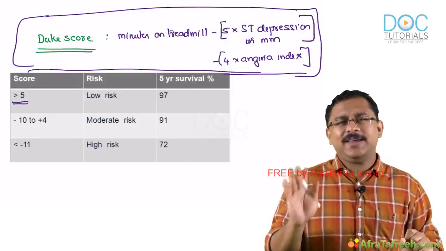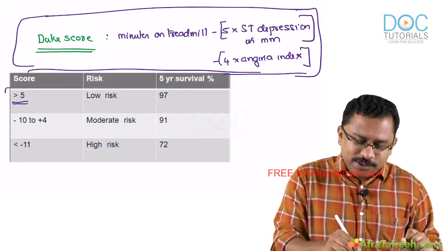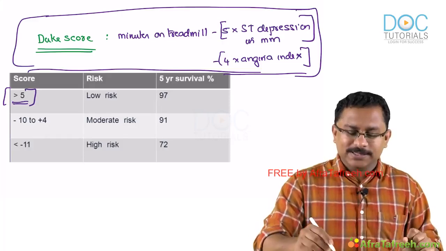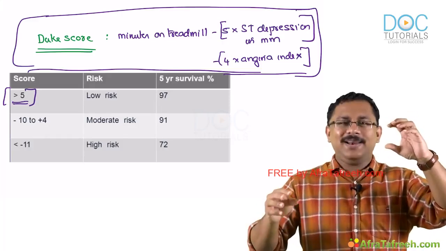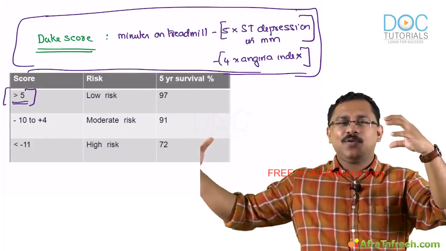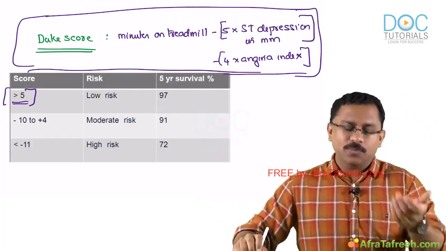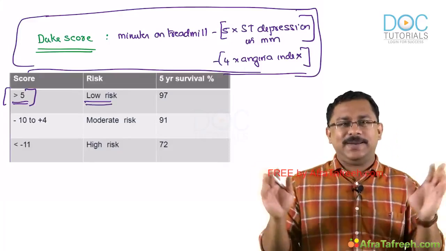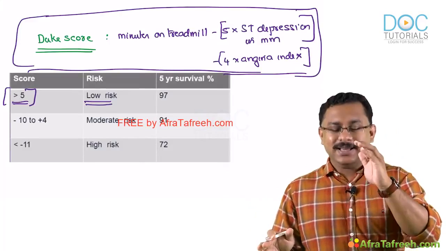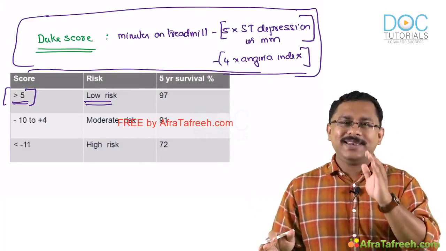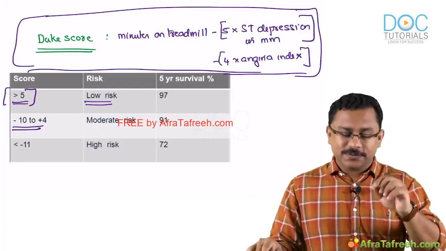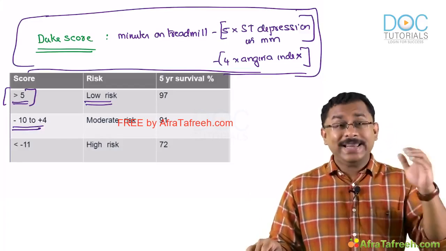Now this is very, very important, because if the score is more than 5, it means the minutes on the treadmill is slightly more than the other part, that is 5 times ST depression and 4 times angina index. If the Duke score is more than 5, it indicates a low risk patient. If the score is in the range of +4 to -10,